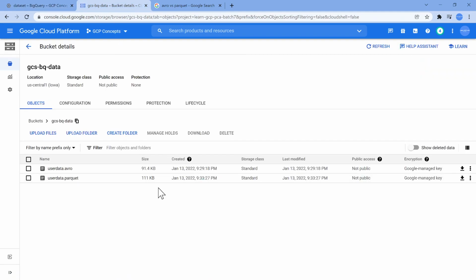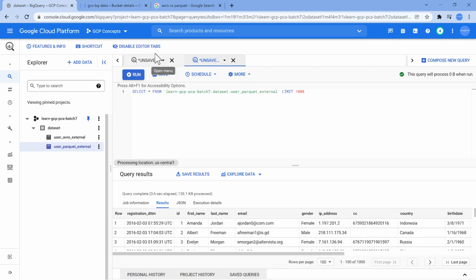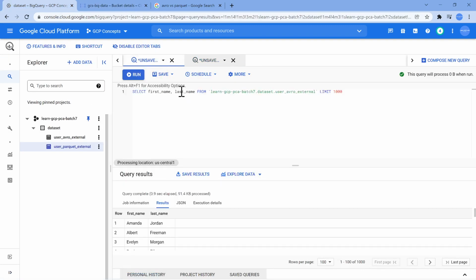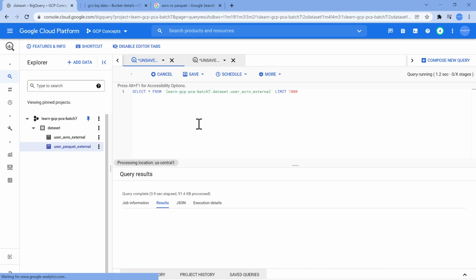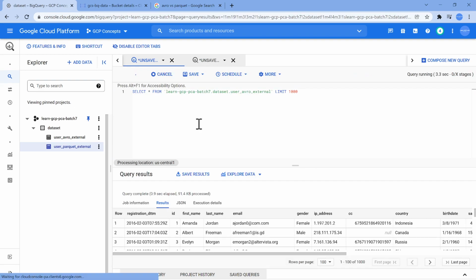Now if you see, it is only 111 KB, but there's going to be compression there. That's the reason you see 138. Now in our Avro format, whether you put a column, whether you put a star, doesn't have any impact because the complete file is read when it is in the external table. So it is reading the entire thing.